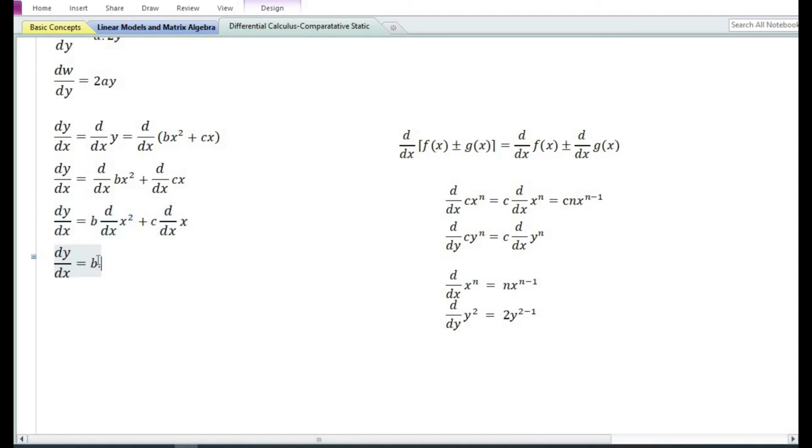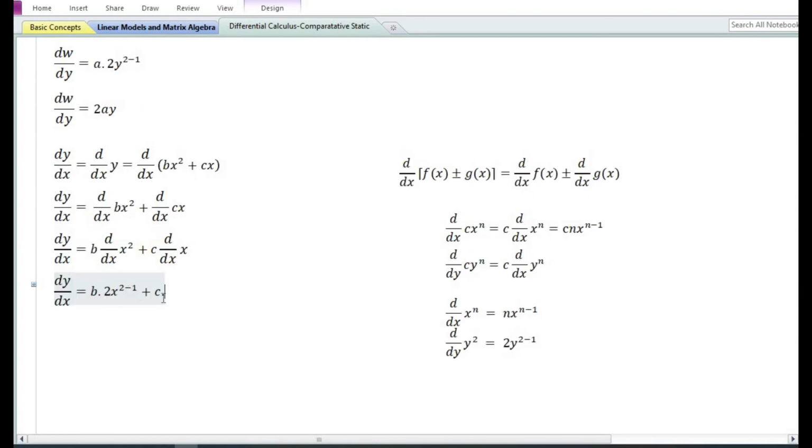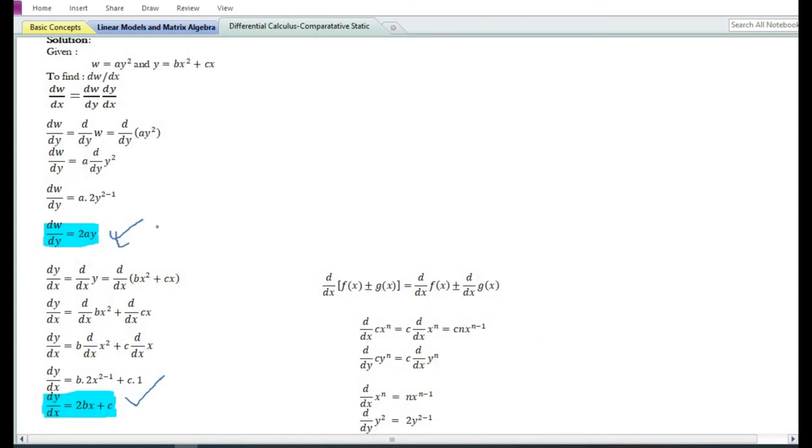Using the power function rule, the derivative with respect to x of x to the power 2 is equal to 2x to the power 2 minus 1. The derivative with respect to x of x is equal to 1. X to the power 2 minus 1 is equal to 1, or we can simply write x plus c times 1 equals c. Now substituting the derivative of w with respect to y and the derivative of y with respect to x